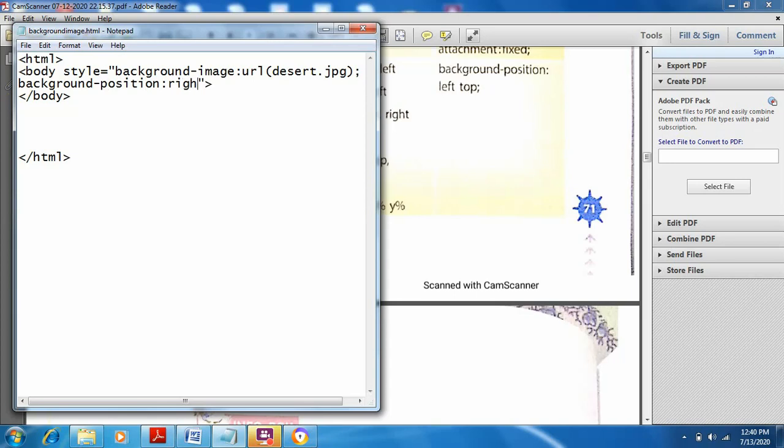I am giving right top. Then semicolon, and next I want to give background-size. Give any size. You can also give auto size. I am giving 20%, then 50%.